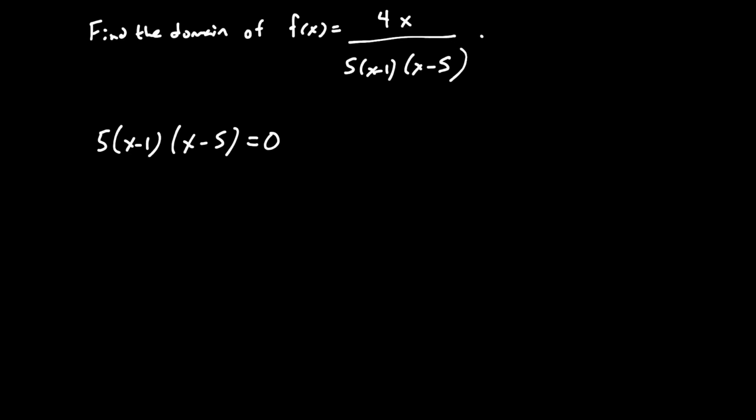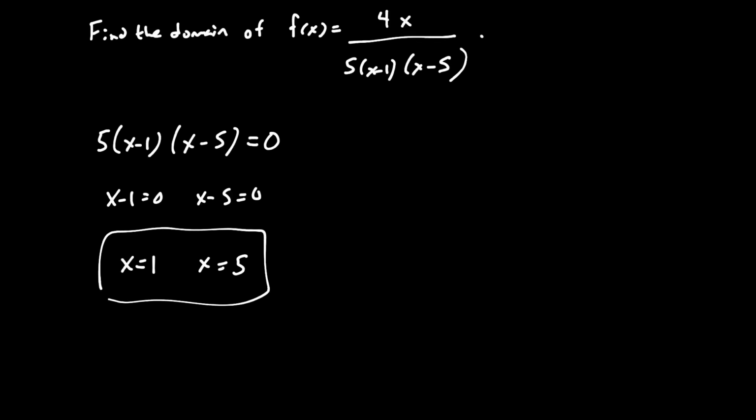Setting x minus 1 equal to 0 and setting x minus 5 equal to 0 gives us either x is equal to 1 or x is equal to 5. And these are going to be the points where our function is undefined. Therefore, the domain is going to be every other number. So drawing our